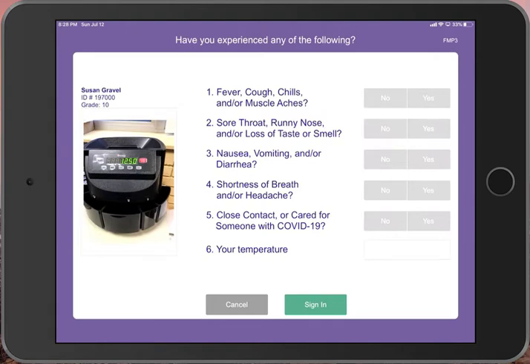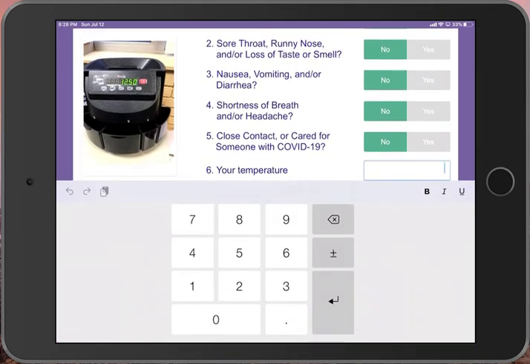To begin, we will complete questions 1, 2, 3, 4, and 5, and we're going to select no to each one of those. And then we'll also need to take their temperature. We'll simply click in the entry field, a keyboard will pop up, and we're going to type in 100.9